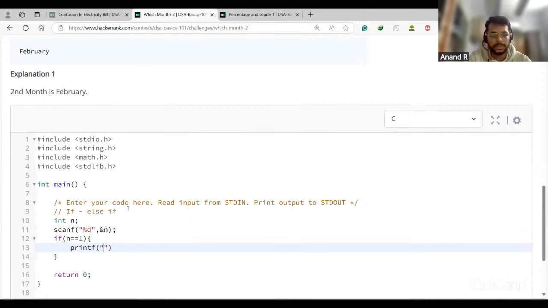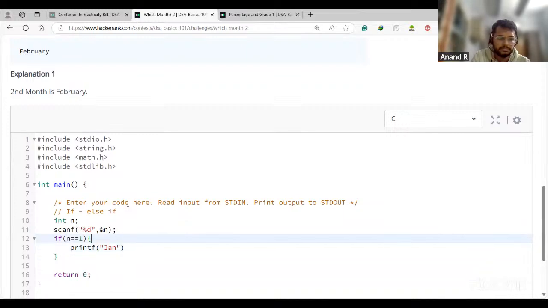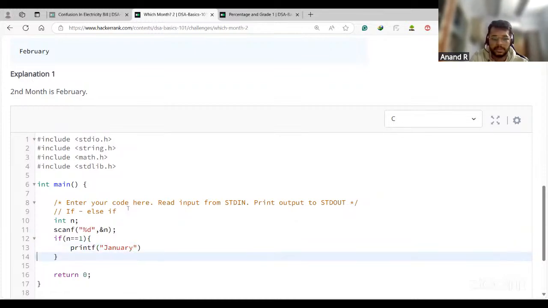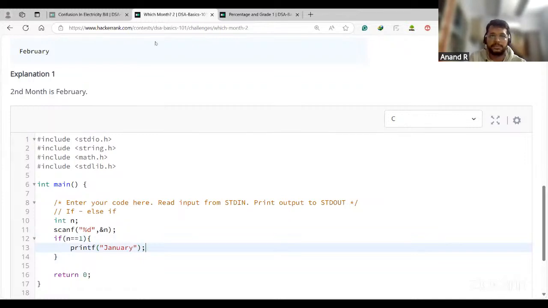Printf January, right? Now, do I have to print exactly like this, or can I just simply print Jan? I can simply print the first letter in the smaller case. From the end user's view, if I say the first month is Jan, you will understand it's January. If I print everything in the smaller case, you will still understand it's January. So should I print it in the smaller case? Should I just print the starting 3 letters, or the entire word January? Make sure that J is capital. What should I do? Guys, what should I do? If I have these 3 options,